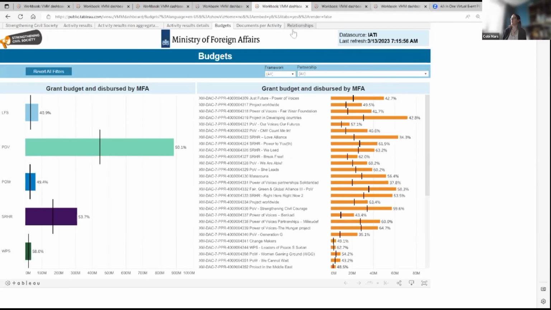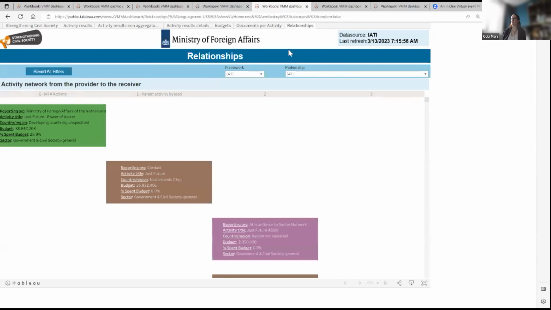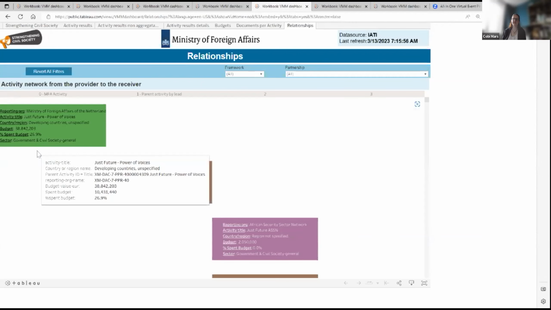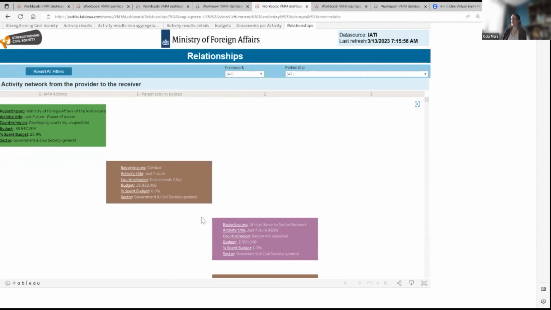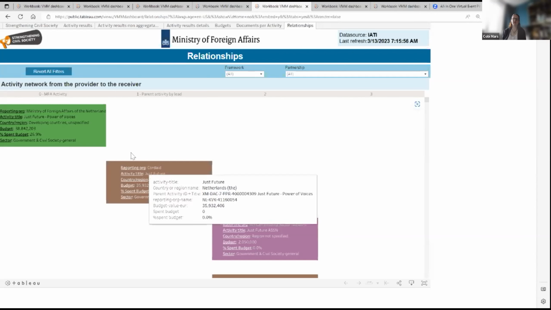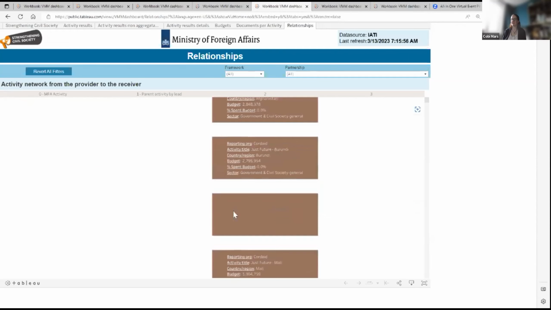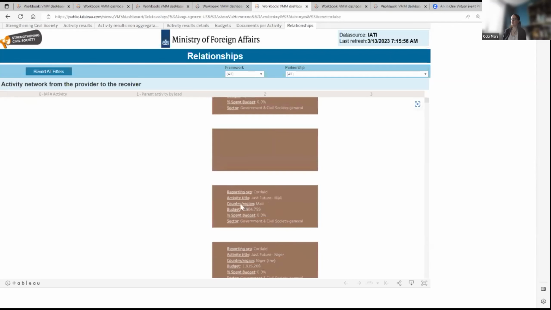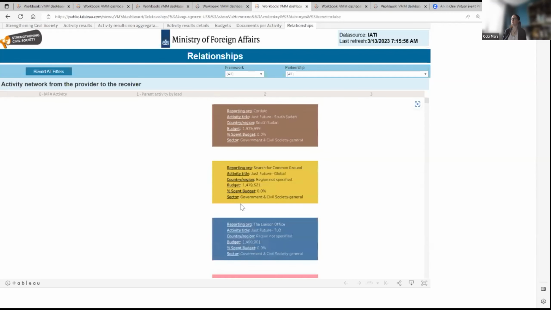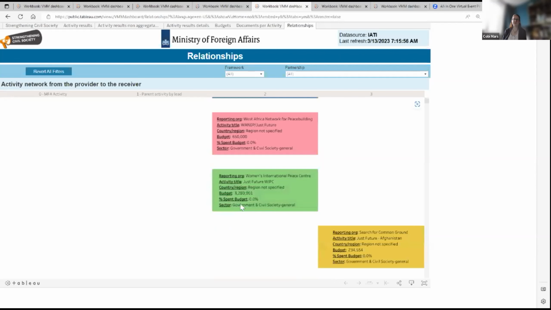If you then want to know where the money goes, you can look into the relationship tab and look per partnership and see how they structure it in IATI. So first of all, at level 0, we have our ministry's activity. Then in this case, Coordate, the lead activity, links to us, and then their partners link to Coordate. So this is a little bit of the network structure that Thea has nicely shown in the visual. But then here you can see it per partnership, which different activities get funding from the Netherlands and where they are active.